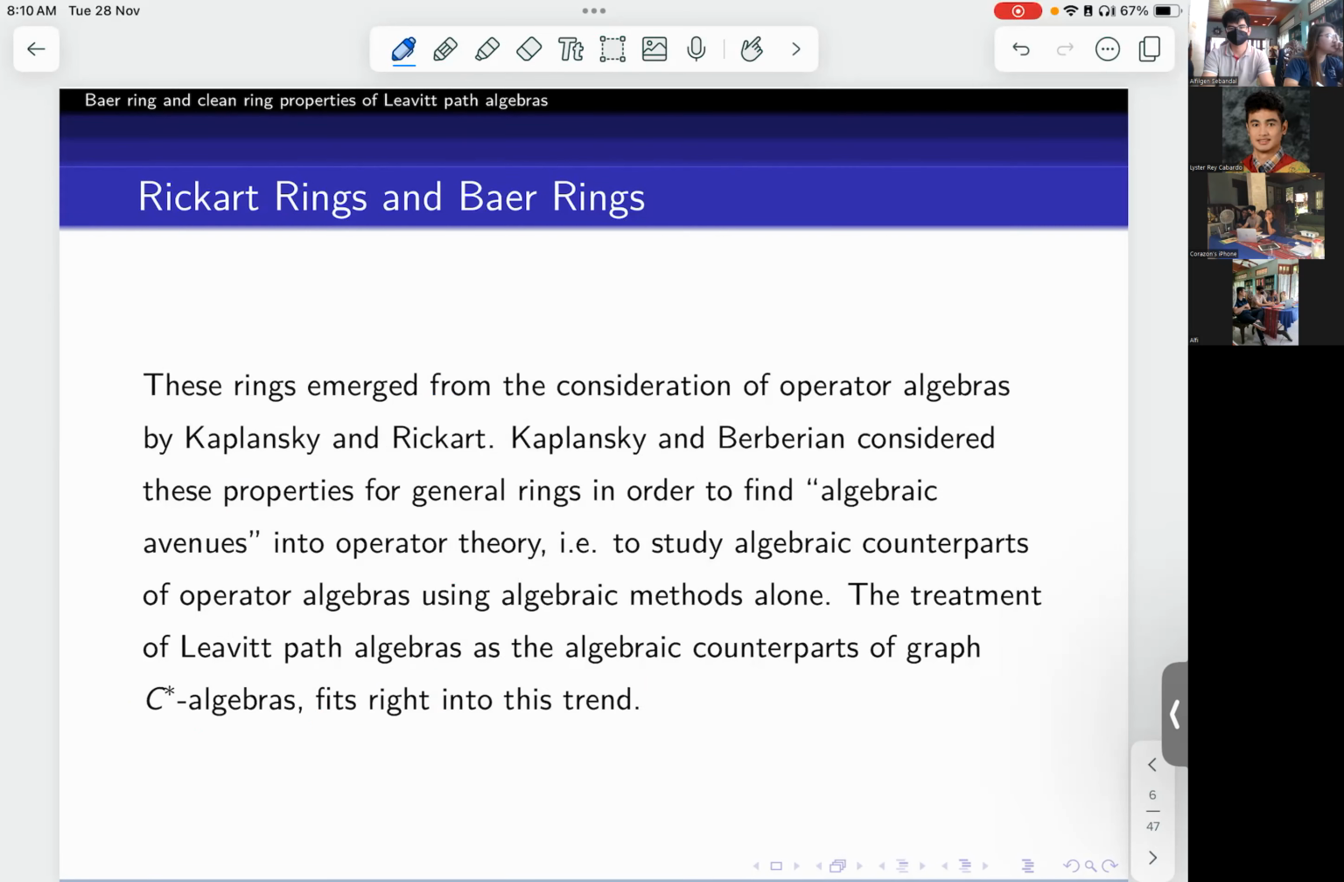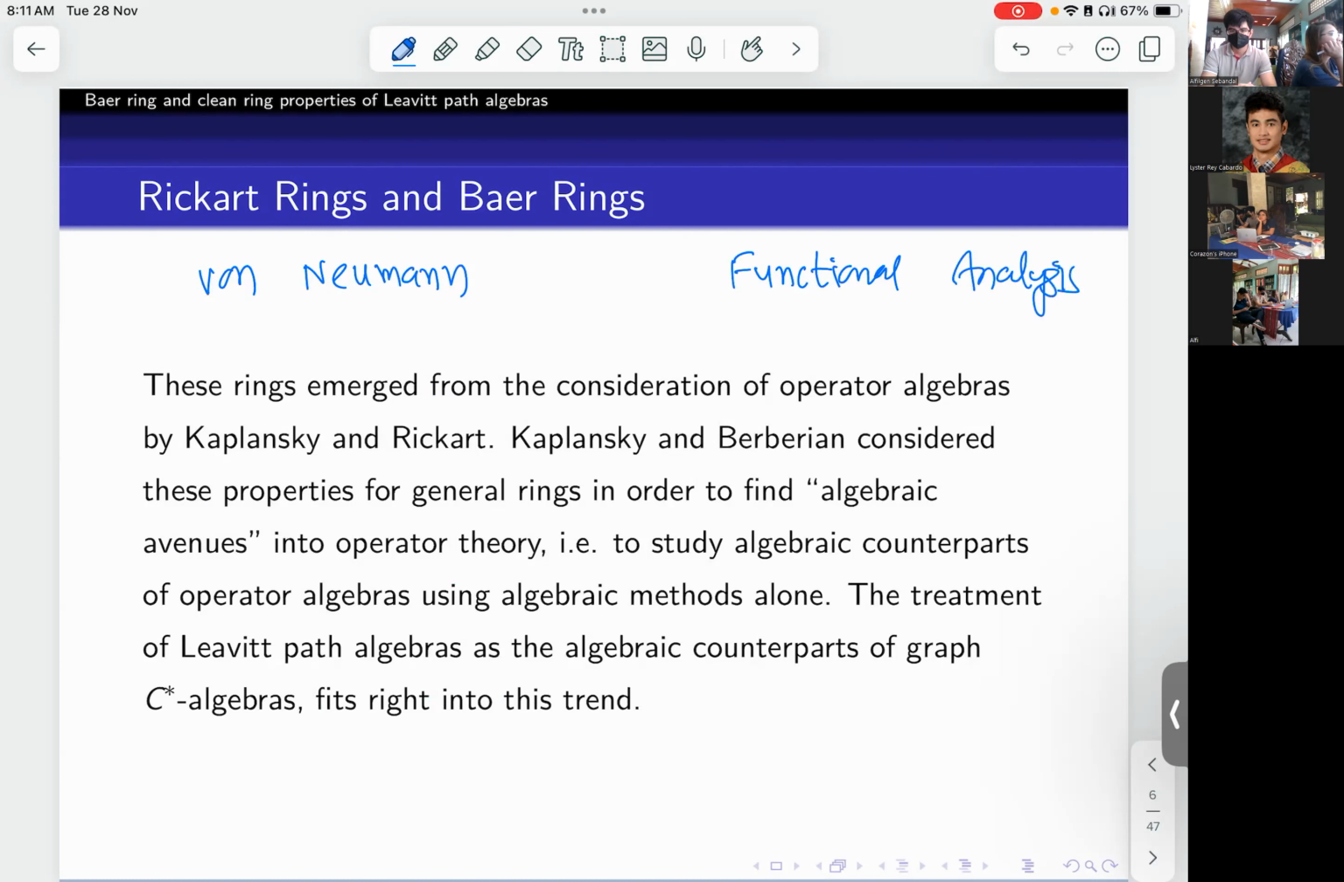So let us see what is a Rickart ring and a Baer ring. From a historical perspective, the mathematician von Neumann, these rings emerged from the consideration of operator algebras by Kaplansky and Rickart. Kaplansky and Rickart used to work in functional analysis,